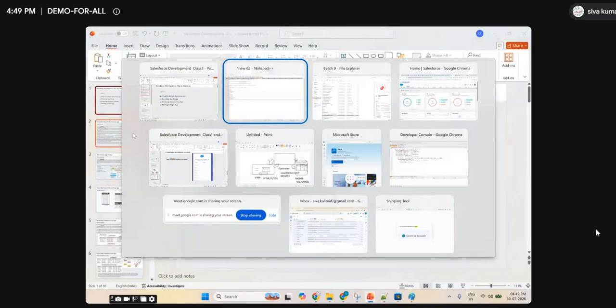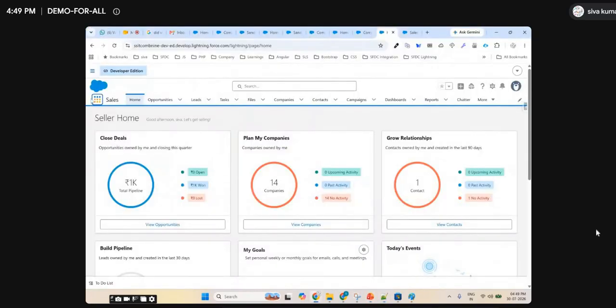In the app manager you're seeing all the applications. Here you're seeing some tabs. These are objects. You are seeing opportunities, leads, tasks, files, companies.